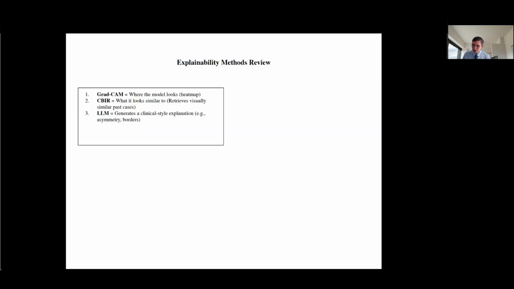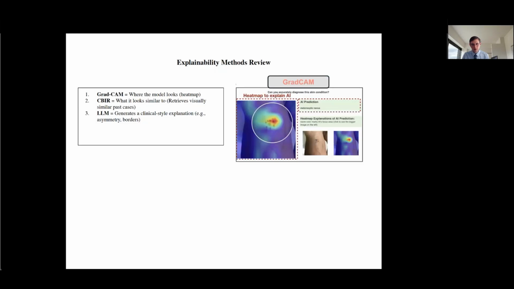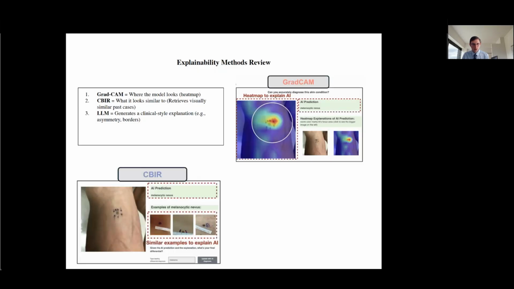But what I want to briefly talk about is some of the explainability methods that were used in this study. And I think they're important because you will likely see them in dermatologic models moving forward. The first one is Grad-CAM, and we've already seen this. Like we talked about before, Grad-CAM is a heat map of where the model looks. The second one is CBIR, and basically what this is that it